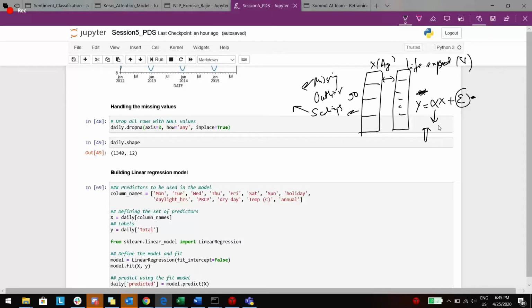Scaling helps me standardize. If I want to understand, by changing x, what is the unit change in my life expectancy, I'll be able to understand that only with a standardized coefficient. That is the reason I'm talking about missing data treatment and data cleanup before we get into the correlation, etc.